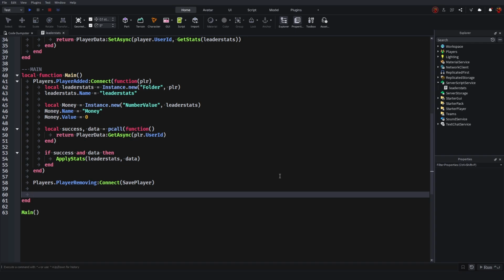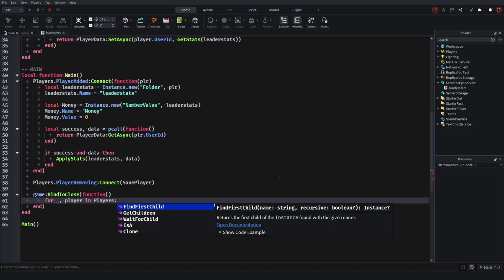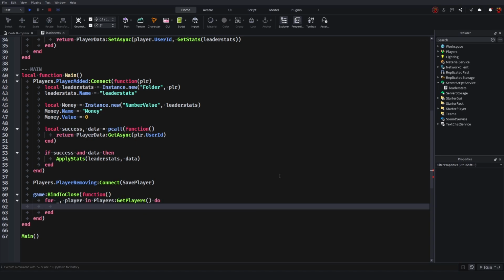So what we're going to do is game bind to close function for underscore, comma, player. Let's call it player. It doesn't matter. In players get players do save player,